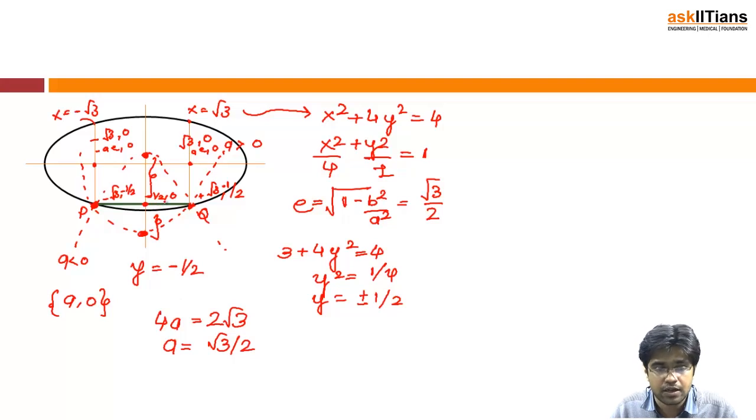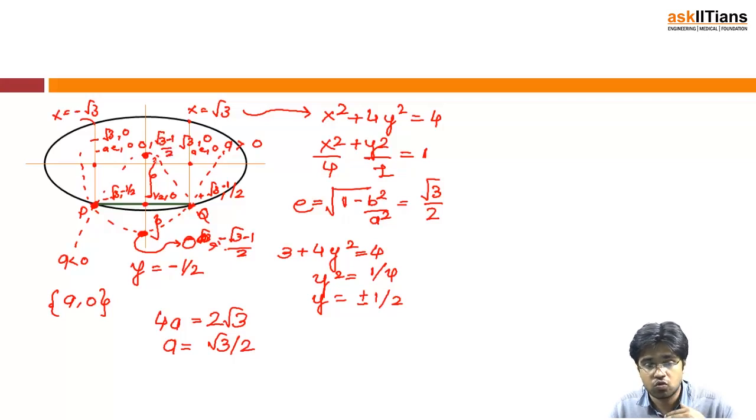So if this coordinate is minus 1 by 2 comma 0, then the coordinate of this vertex will be minus 1 by 2 and then root 3 minus root 3 by 2 less. That means this coordinate is minus root 3 by 2. So it's actually on the y-axis. So what I'm going to write is 0 comma minus root 3 minus 1 by 2. This coordinate will become 0 comma root 3 minus 1 by 2, because it's root 3 above and root 3 below. Now we got the vertex of our parabolas and I know my 4a as well.